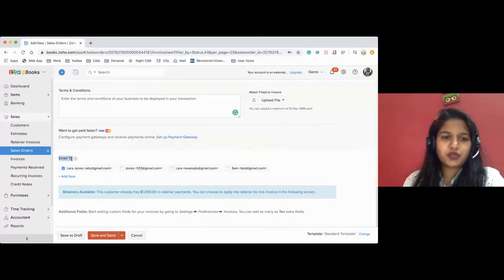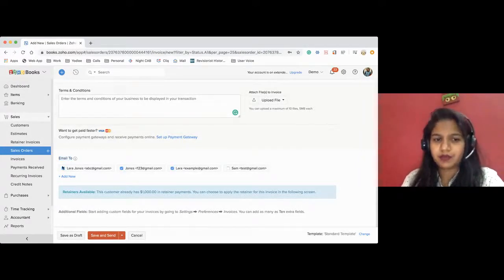Next, you can choose the email addresses under that particular customer to whom the invoice has to be sent. So it can be for all of them or just one of them. It can be up to you. You can also add more contact persons to that particular customer. All right. So you can go ahead and save it as draft